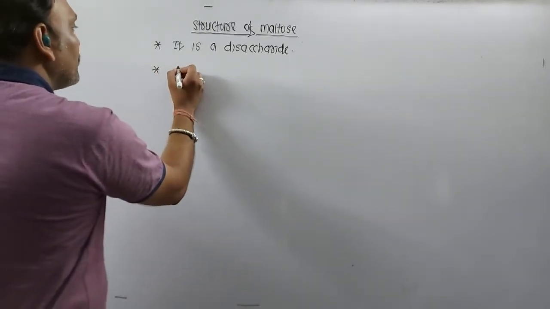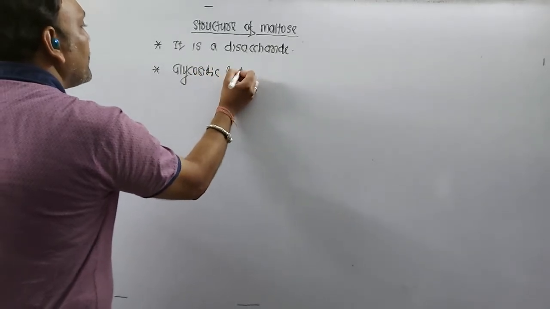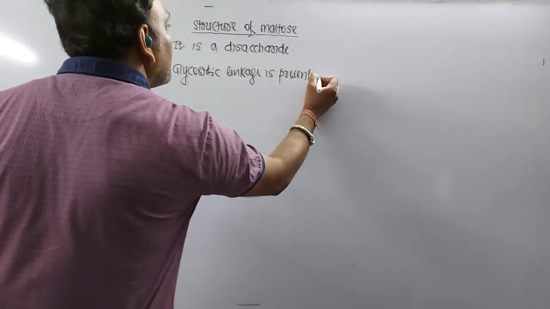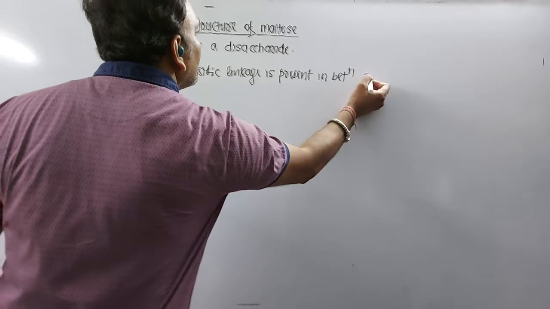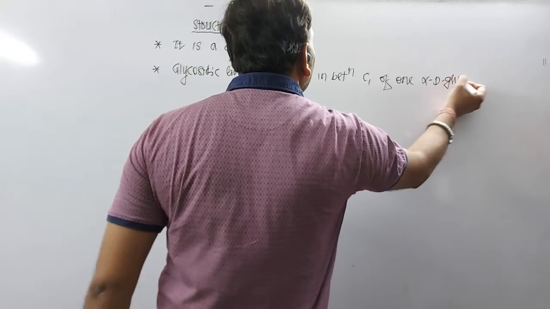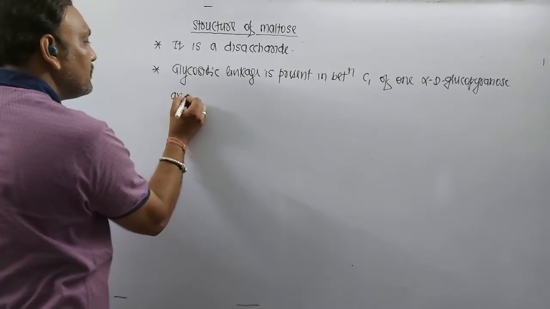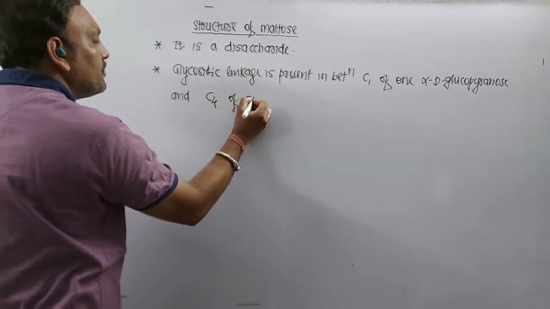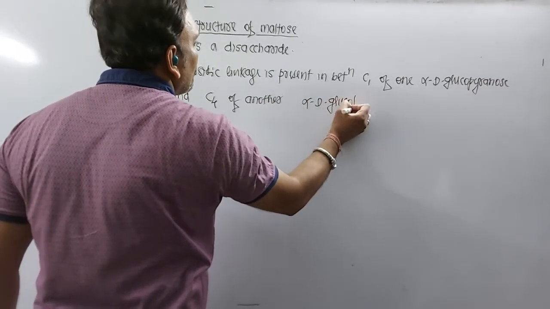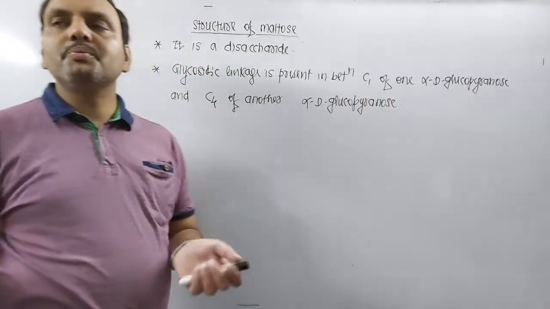Remember, the glycosidic linkage is present between C1 of one alpha D glucopyranose and C4 of another alpha D glucopyranose. And as reducing groups are free,